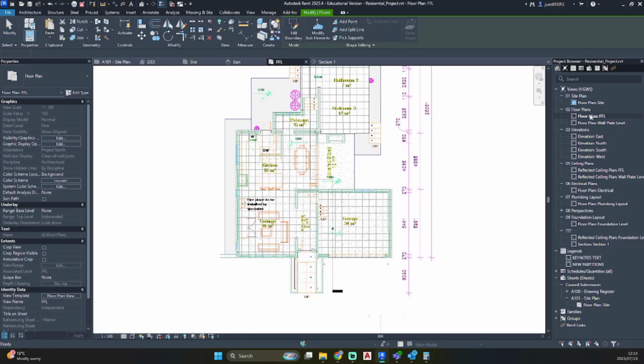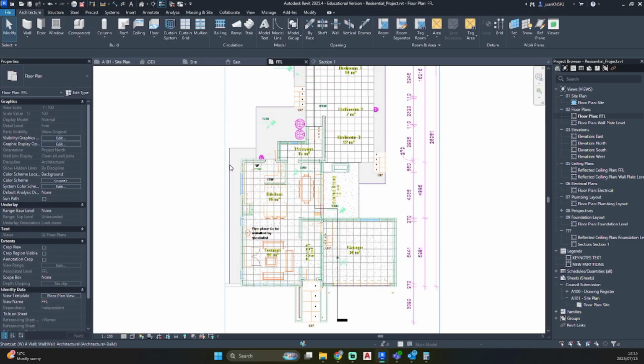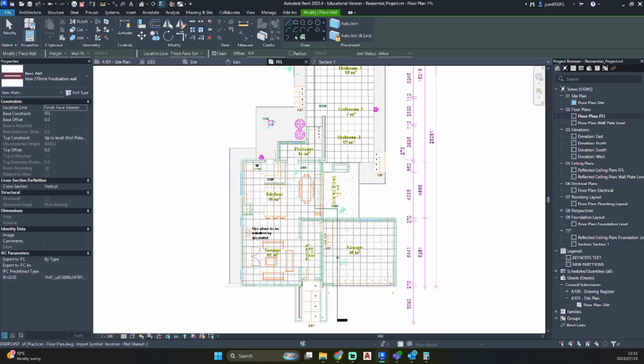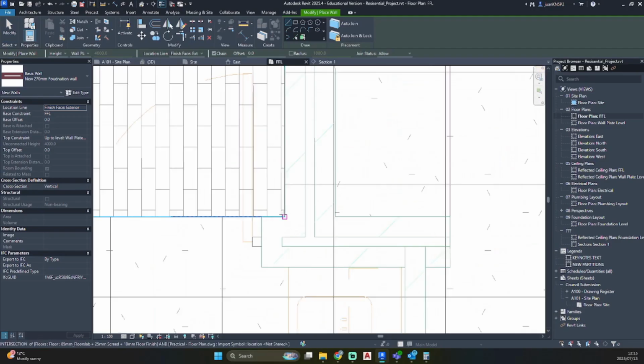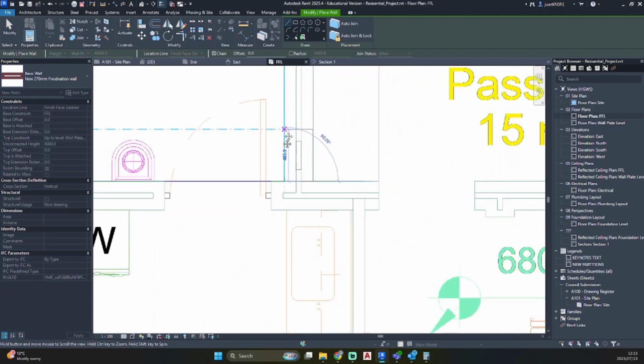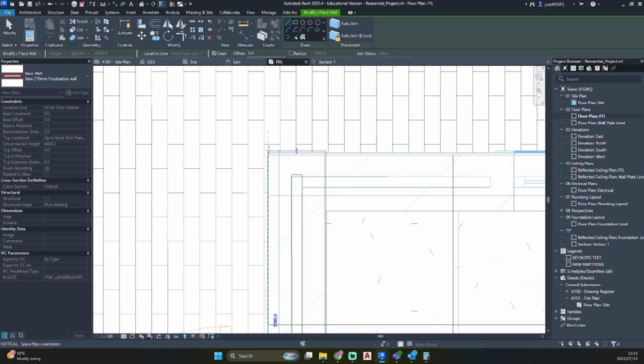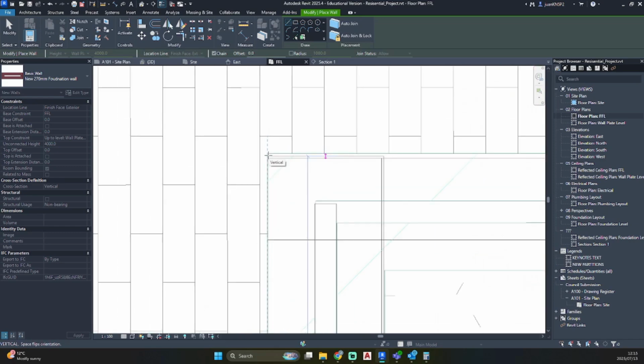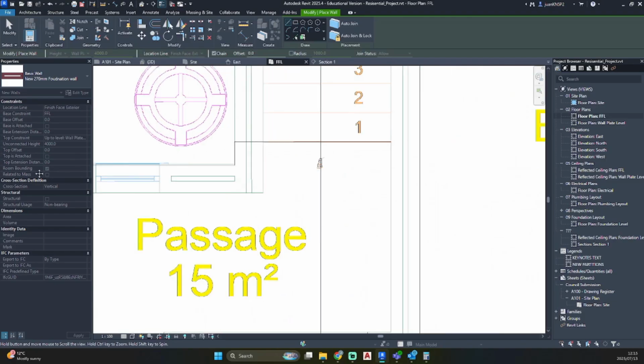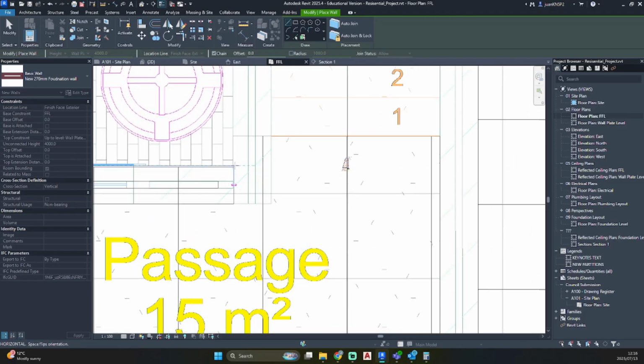So let's quickly do the back part. Go into your floor plan, WA on the keyboard for foundation wall. And let's go to this corner. And let's just draw in our foundation wall.